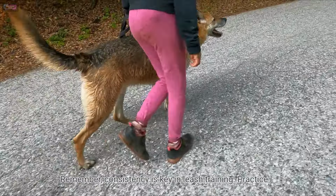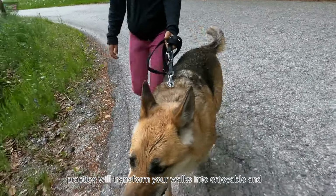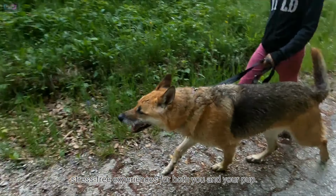Remember, consistency is key in leash training. Practice these techniques regularly and gradually introduce them during your walks. Patience, positive reinforcement, and a bit of practice will transform your walks into enjoyable and stress-free experiences for both you